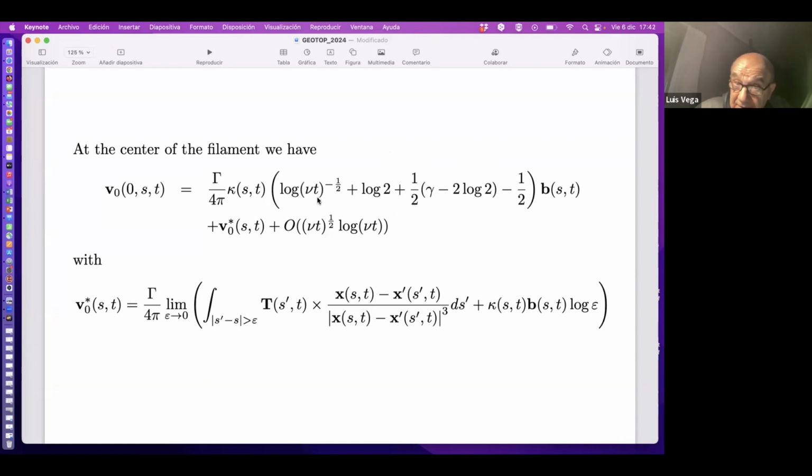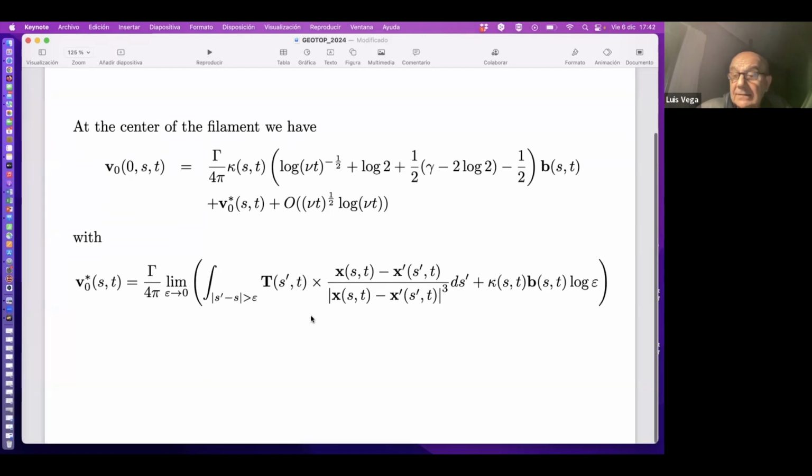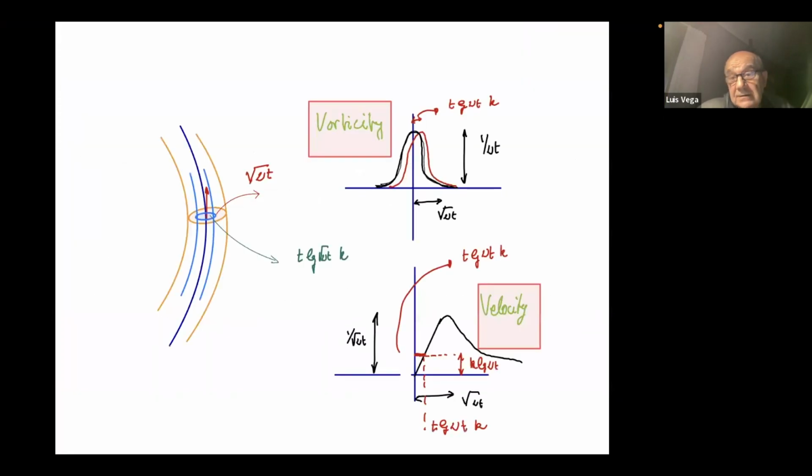The leading order is logarithmic, and everything is multiplied by the curvature, and then this new guy appears, and this is a non-local guy. Of course, here you are subtracting the singularity you have here, and then you can pass to the limit, and you obtain a non-local term, which depends on the full curve. So this is what I call the desingularization of the Biot-Savart integral. All right, so now in a picture,